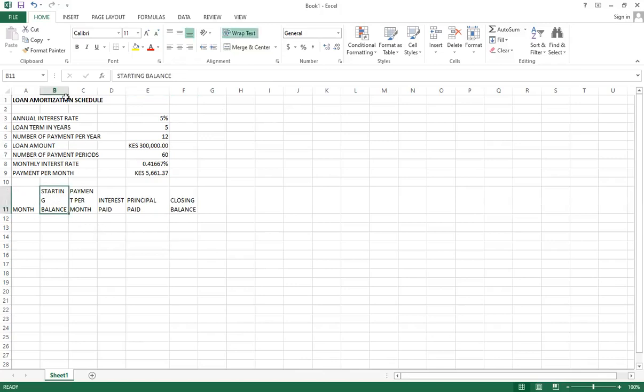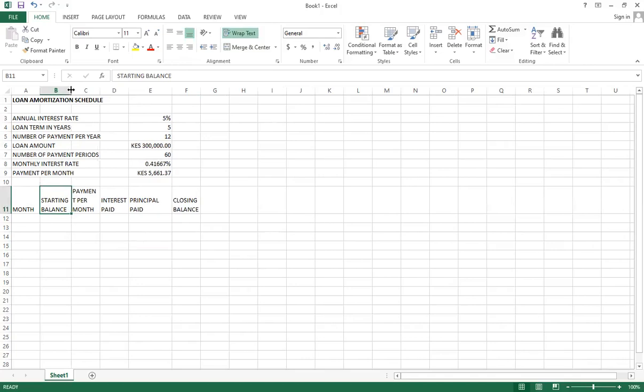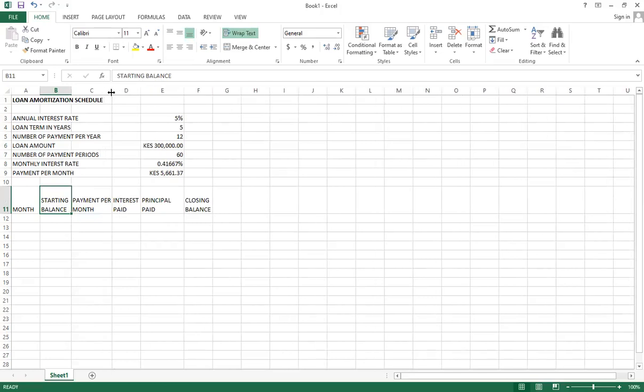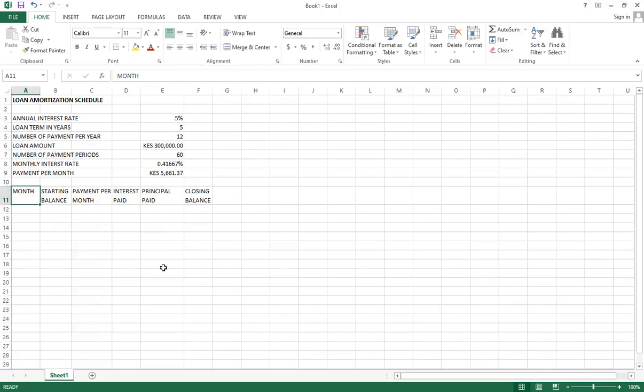Okay, then you can do a manual adjustment here a little, so that starting balance fits there. This one, payment per month, we can extend it so that it takes two lines. Then this one can remain. So then we can just do a bit of formatting. If you look at the tabs here, you can put the alignment option that aligns them that way. So if we are okay up to that point,